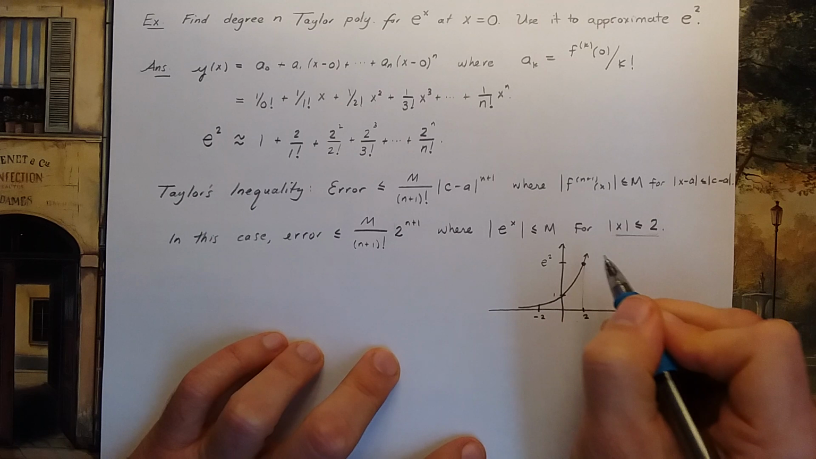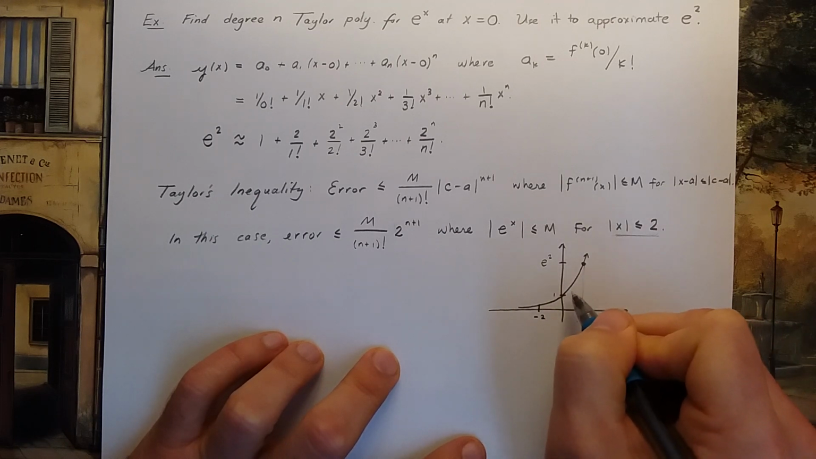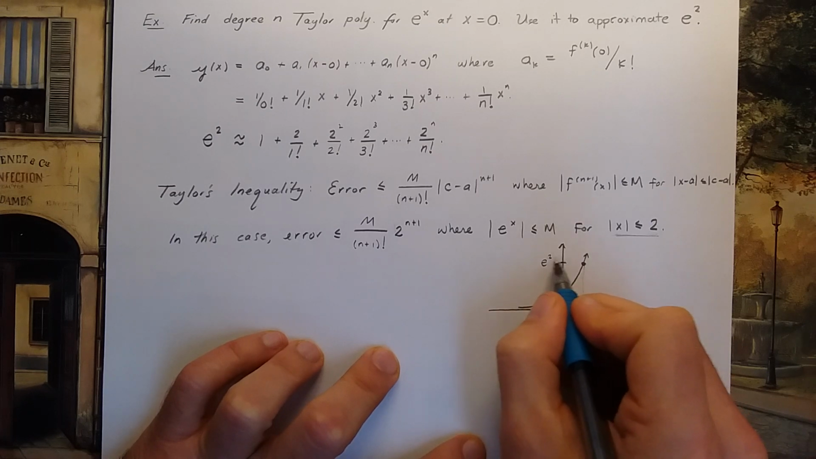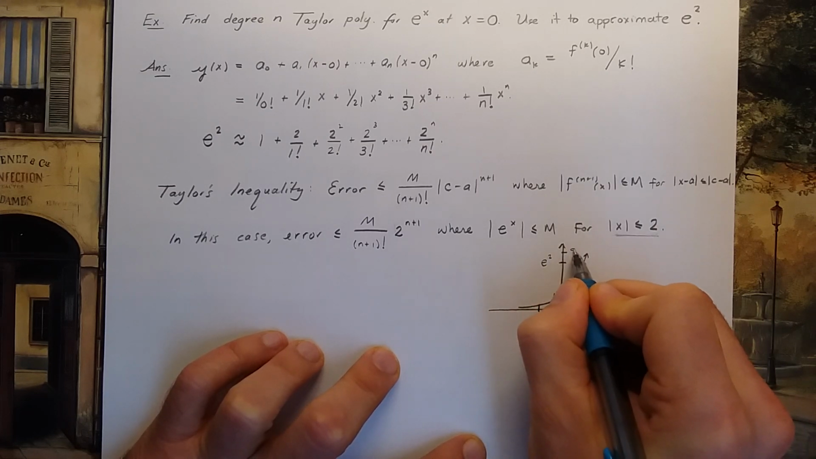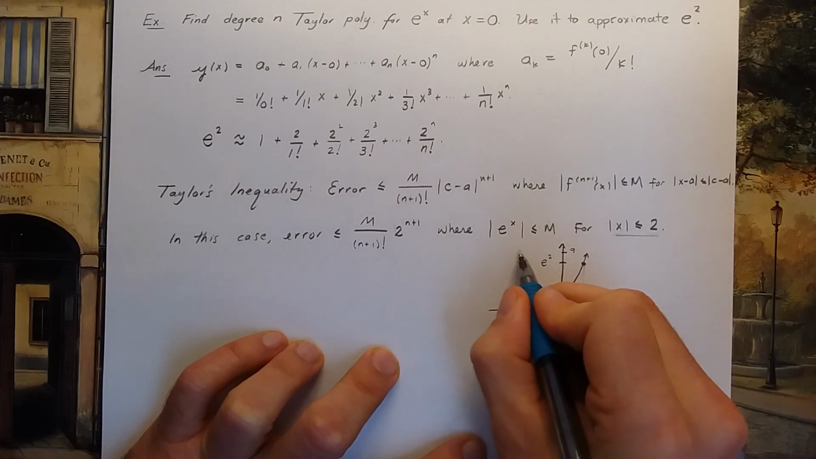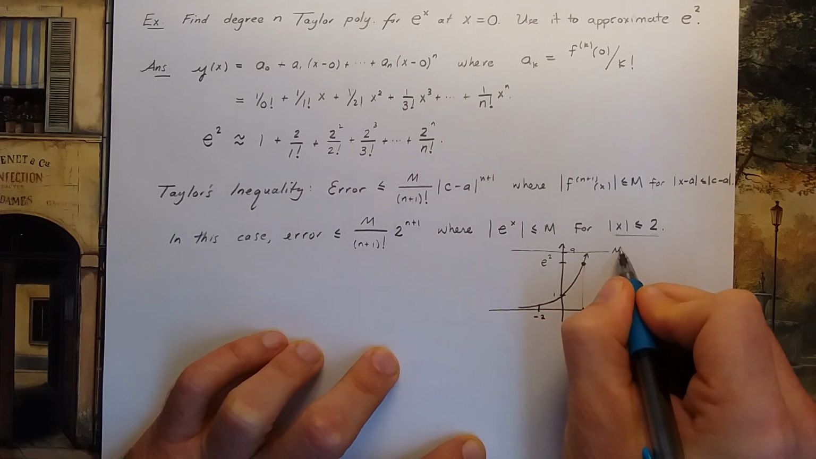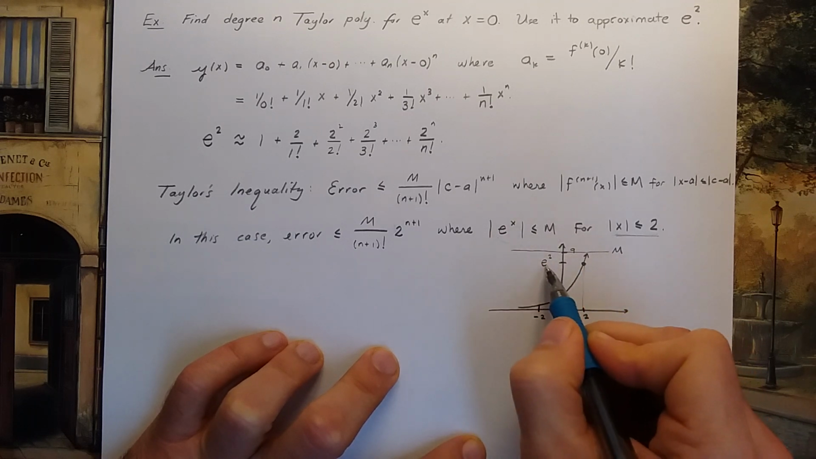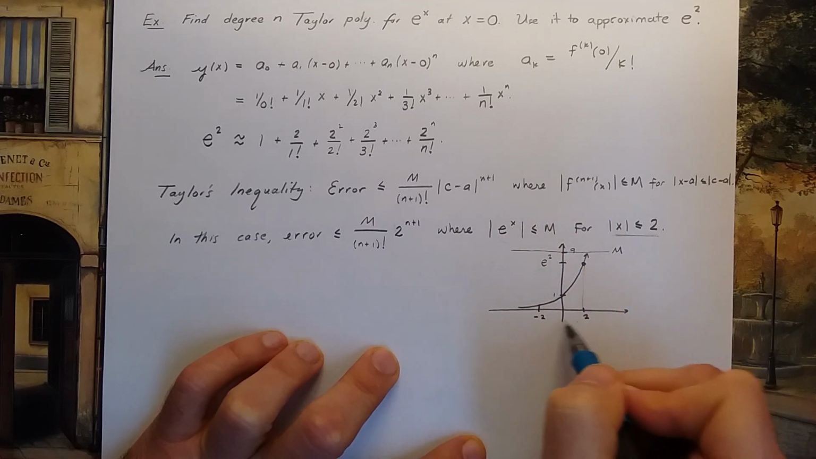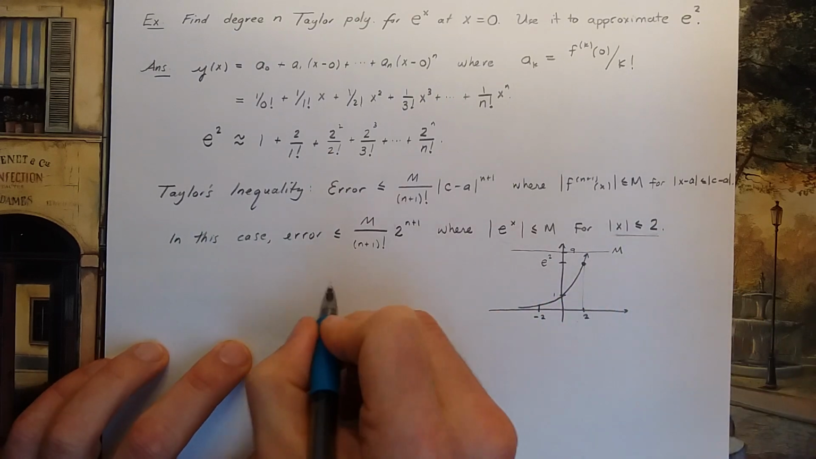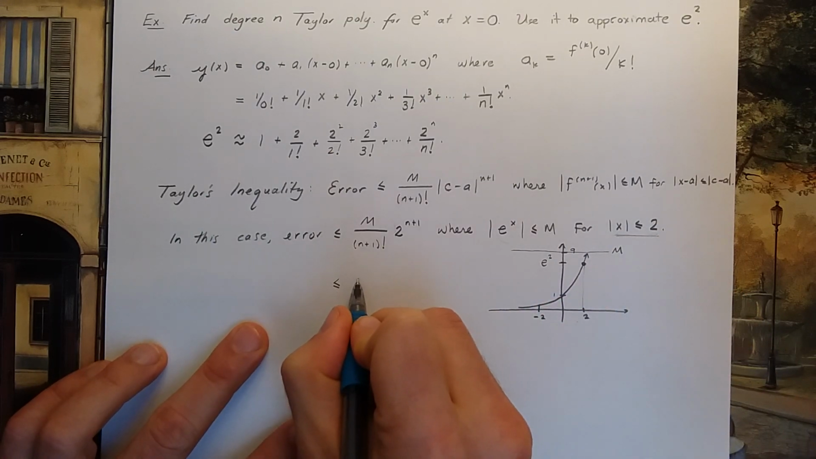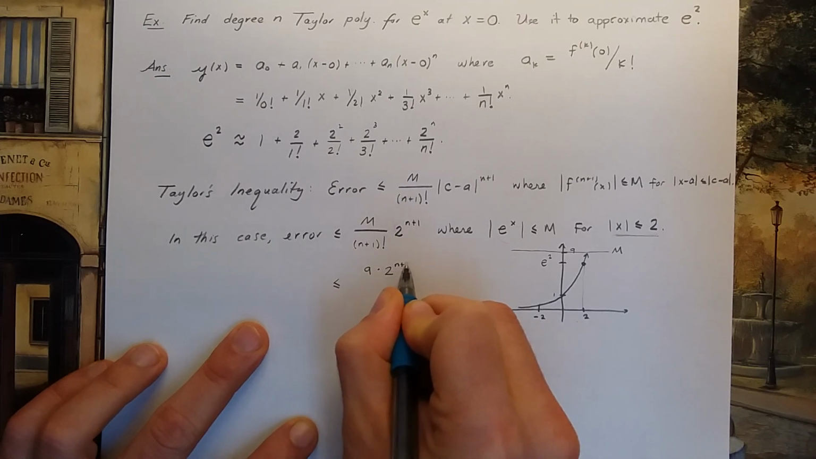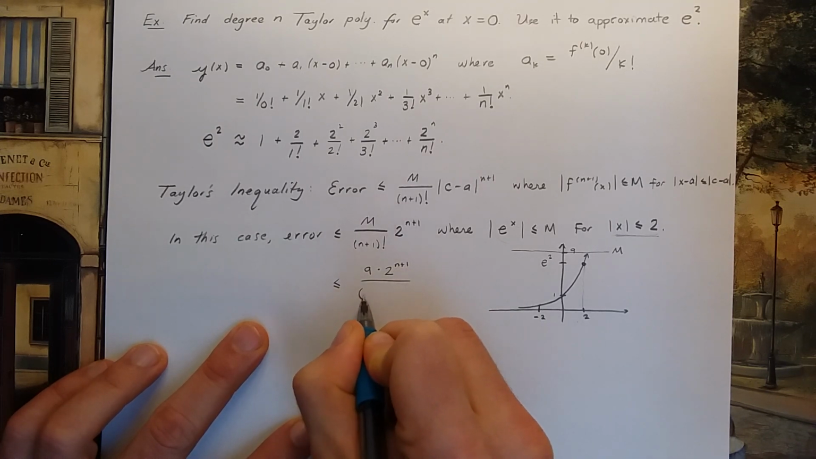Now e is 2.71828 something. So e squared is less than 3 squared. So 9 is up here maybe. I'm going to take M to be 9. So M will always be bigger than e to the x on the interval from -2 to 2. So my error is less than or equal to 9 times 2 to the n plus 1 power over n